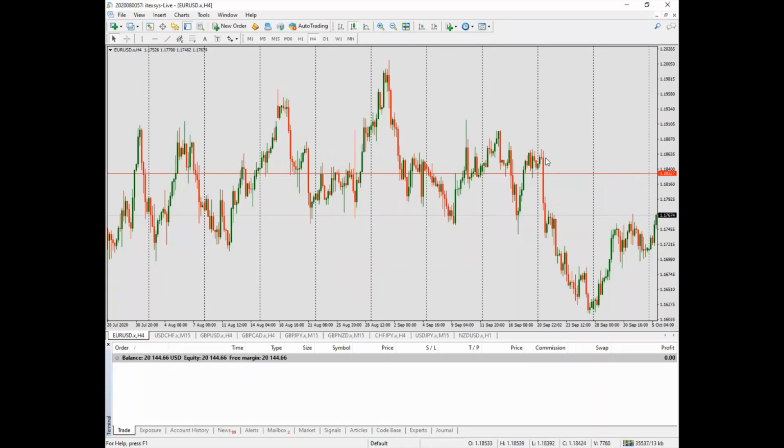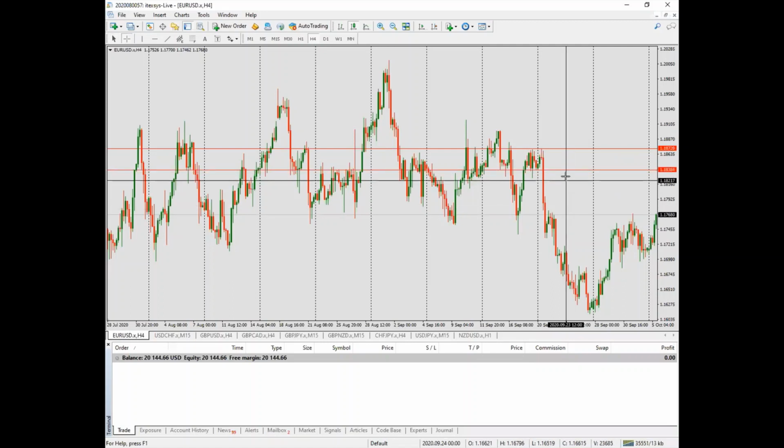This level seems like a great level to sell on the first touch of the price. All right, try to be more precise. I do believe it can be something like this. This is what we risk, actually. Okay, so the stop loss will be just a bit above this level,